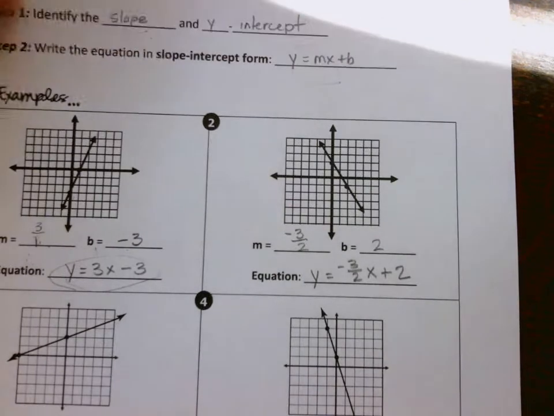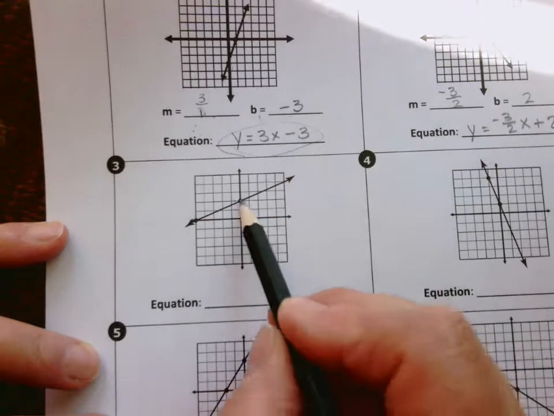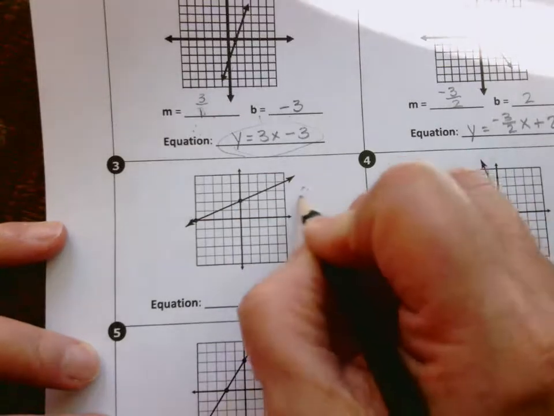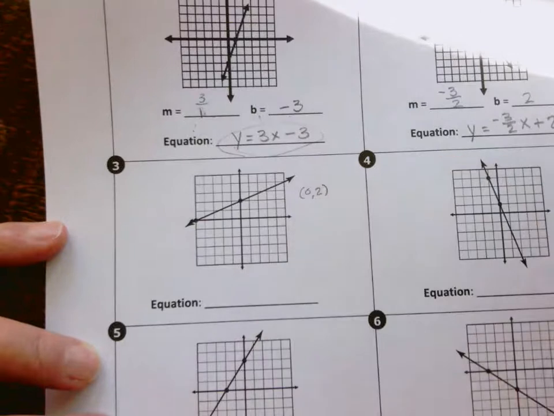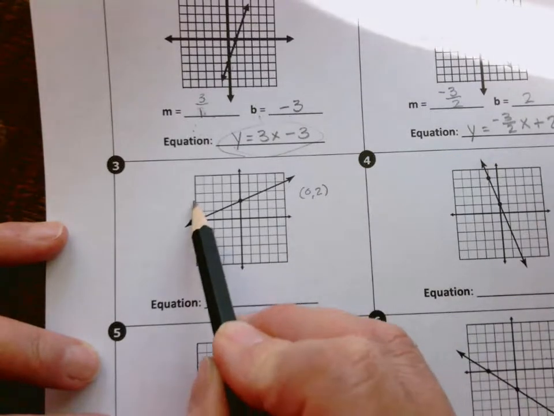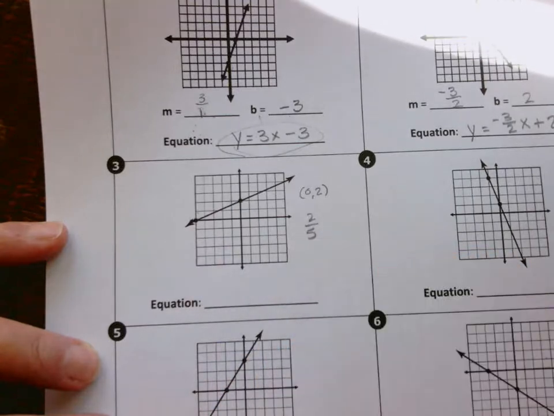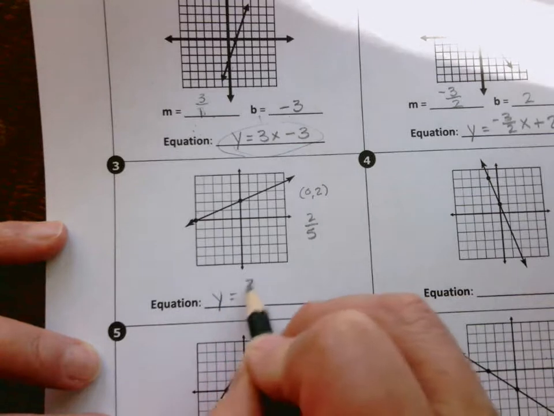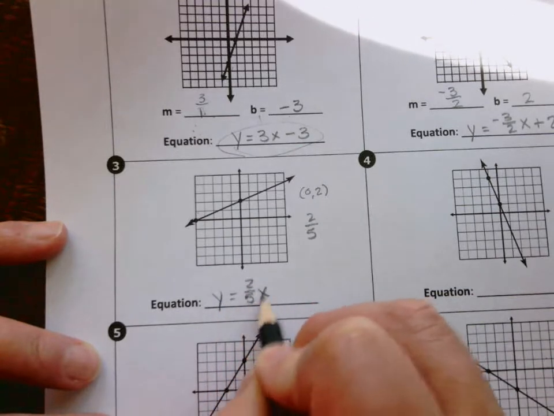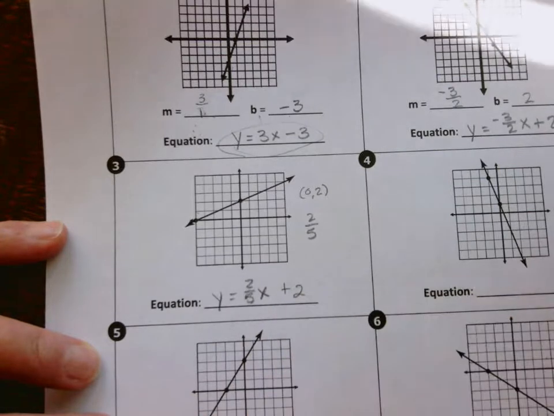Let's do one more together. Number 3 has a y-intercept of 2. Notice that point at (0, 2). And then we're going up 2 for every 5 we go over. And so our slope is 2/5. y equals 2/5 x plus 2. And again, if you were to graph that in your calculator, you should see the very same line